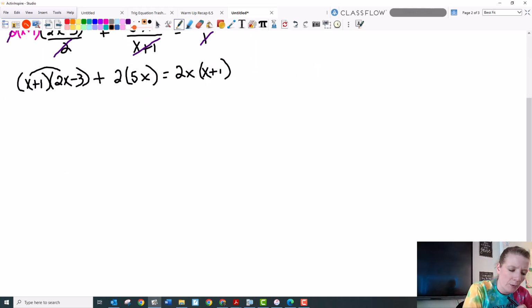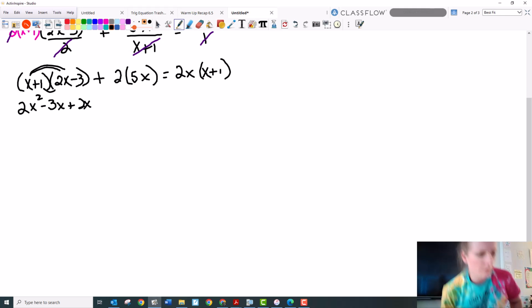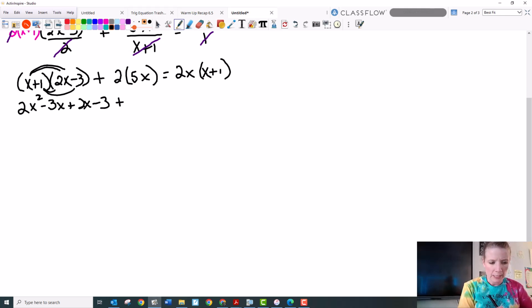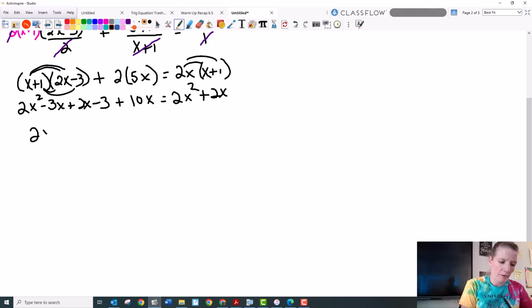I'm going to fold those out. So I have 2x squared minus 3x plus 2x minus 3 plus 10x equals 2x squared plus 2x. Combine like terms, so I have 2x squared, I got a negative 3, a positive 2, and a 10, make negative 1 plus 10, 9, minus 3 equals